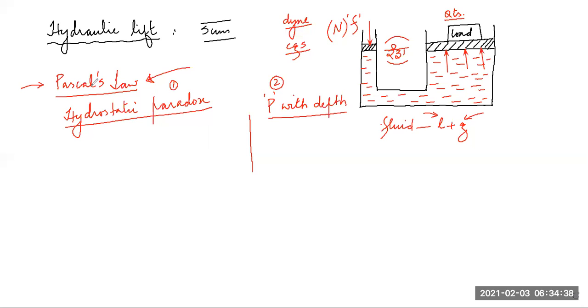And to understand Pascal law, you have to understand two things. Number one, hydrostatic paradox, and number two, variation of pressure with the depth h. How the pressure changes with depth h, or you can say that pressure depends upon what? What parameters does pressure depend upon? And I don't think I have to explain to you what is pressure. Pressure is thrust